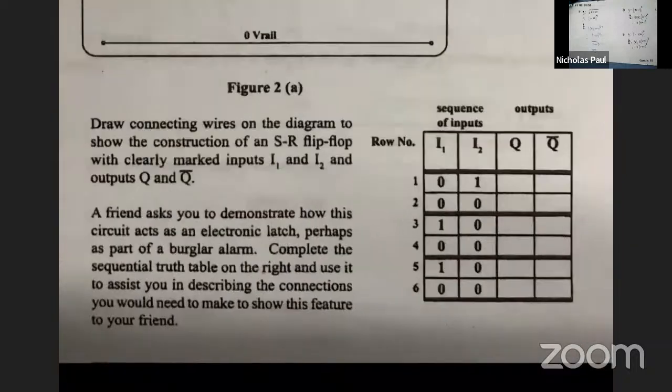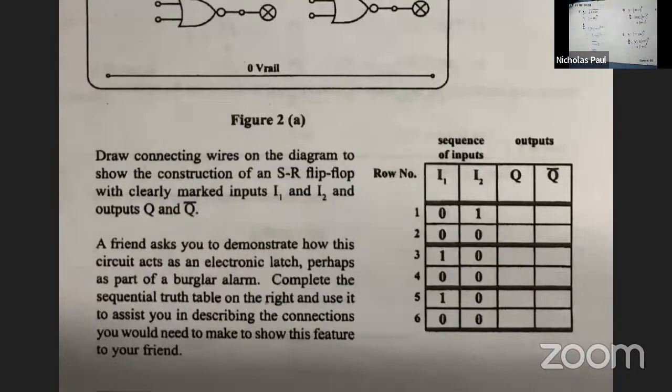And the last thing, a friend asks you to demonstrate how this circuit acts as an electronic latch, perhaps as part of a burglar alarm. Complete the sequential table on the right-hand side and use it to assist, right? And we know this already. 0, 1 will give you what? 1, 0, right? 0, 0 will save it. 1, 0 will flip it. 0, 0 will save it. 1, 0 will